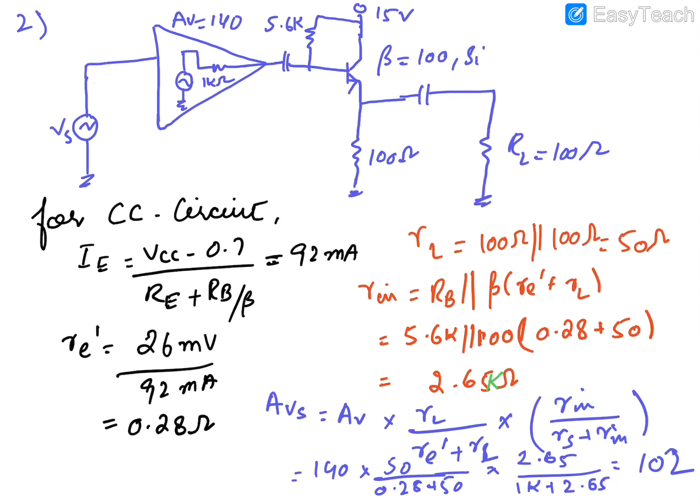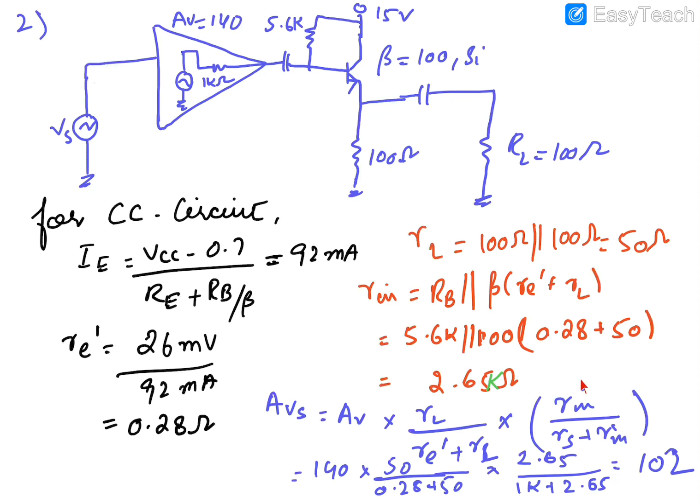So in this case Rin, as we have found for the common collector amplifier, is 2.65 kilo ohms, and Rs, the source resistance, in this case will be the output resistance of the previous stage, because this is now acting as a source resistance, or input resistance, for this stage. This is basically in series with the input resistance of this common collector amplifier stage, so we will consider it as a source resistance for this stage. So Rs in this case is equal to 1 kilo ohms.